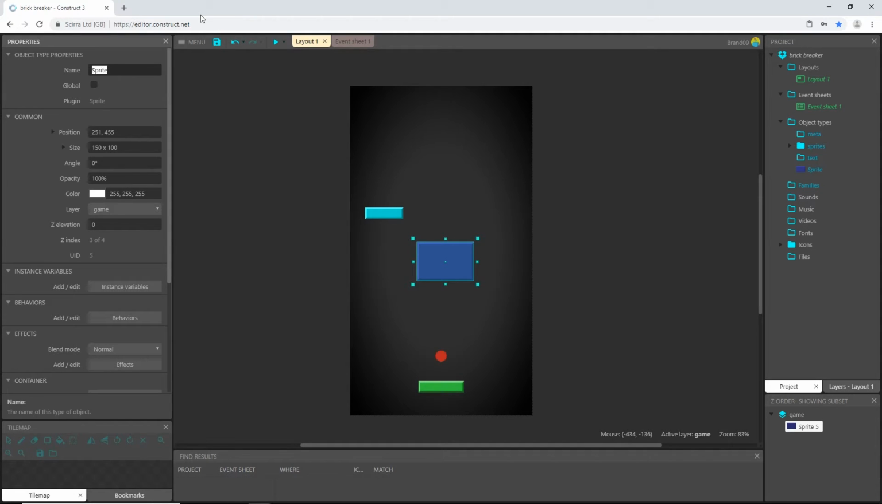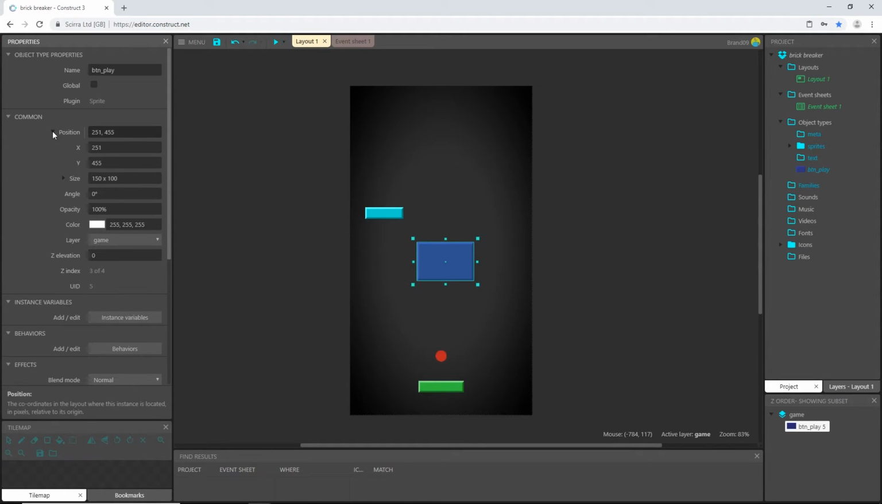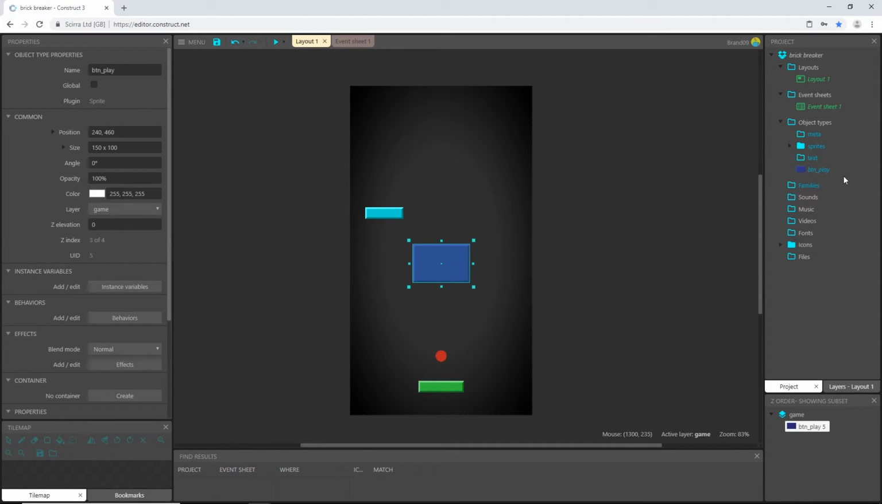Let's rename him btn underscore play. That way if we want to add more buttons in the future, they can all be grouped together alphabetically with btn, and this one will be just the play button. For the position, let's put him at X value of 240, right in the middle, and 460. All right, good deal. Let's slide it into the sprites folder